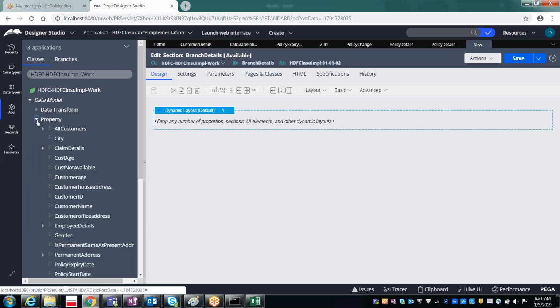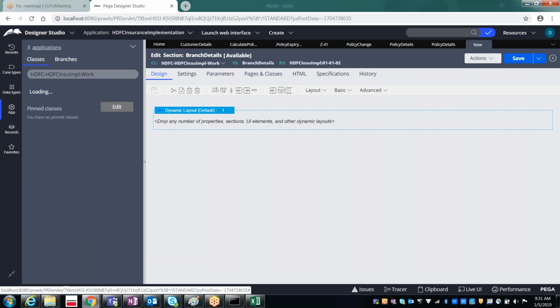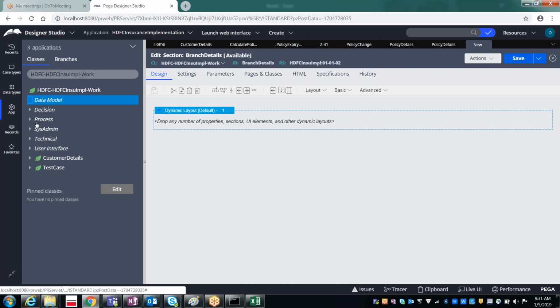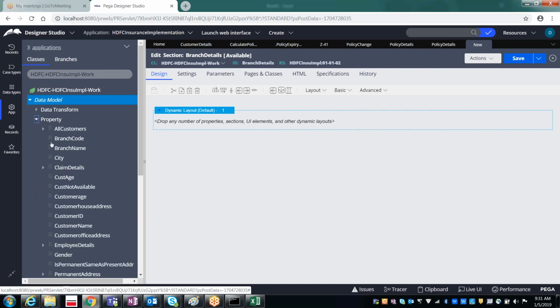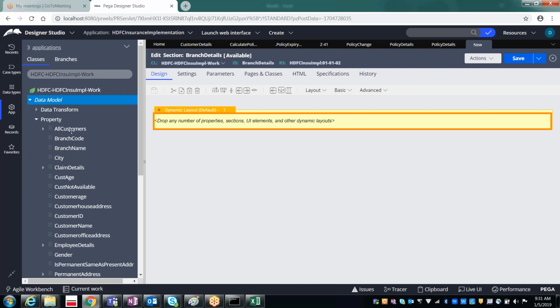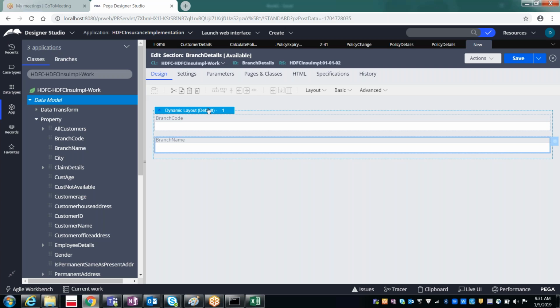Now let me refresh it. I created the properties just now, so they will not be available. Refresh all. Now data model and then property. Here you go: branch code and then branch name. The look and feel, if you want to change it, you can change it.